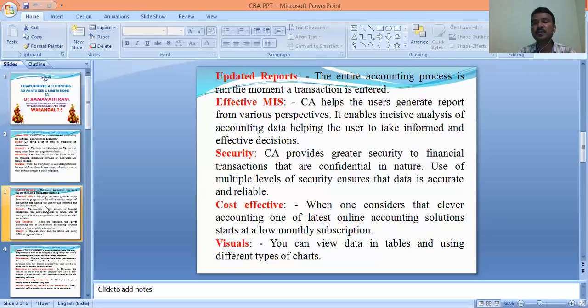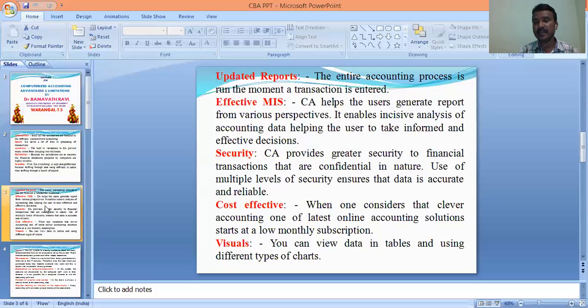That means a lot of management information system is provided by computerized accounting, and it enables incisive analysis of accounting data, helping the user to take informed and effective decisions. So such information is helping in taking good decisions. This is very important information, the management information system. Okay, that's one thing. And security is provided by the